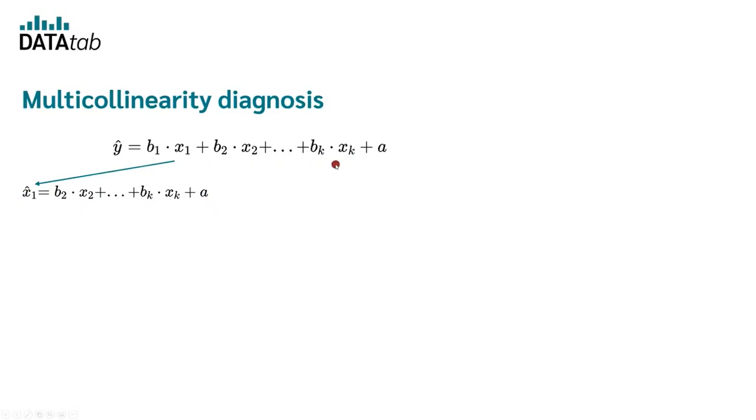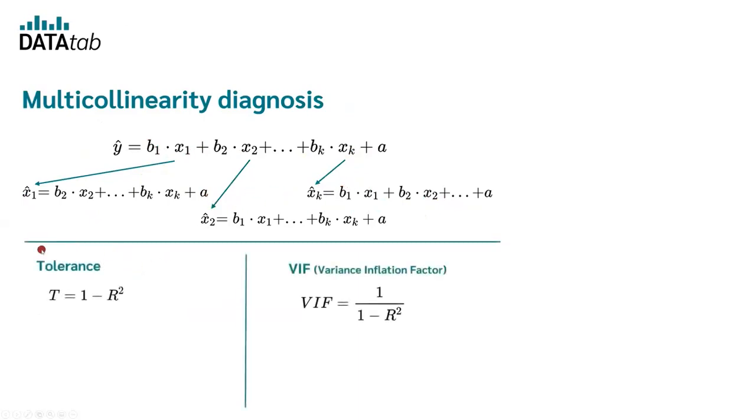If we would now use all variables, it could be that the regression model is unstable. In mathematics, we say that the equation is overdetermined. We can now do this for all other variables. So we estimate now x2 by using the other independent variables, and we estimate xk by using the other independent variables. For all k regressions, in this case we have k new regression models, we calculate the so-called tolerance or